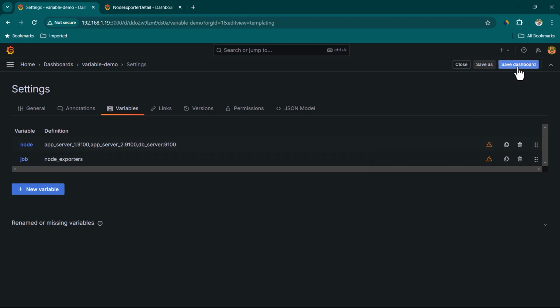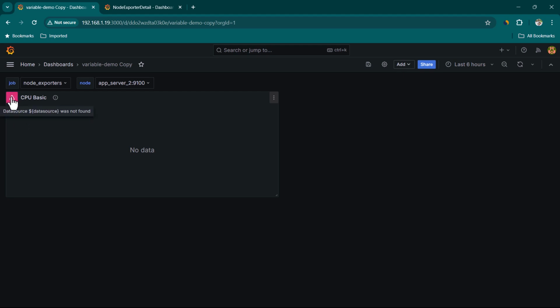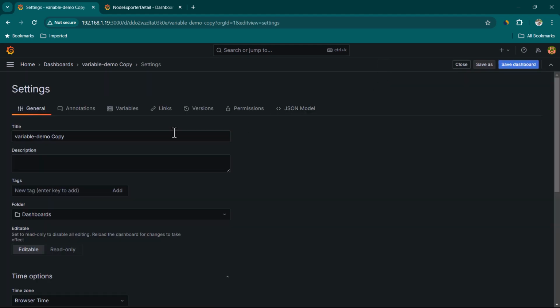Now let's go ahead, click on save dashboard, save the dashboard, and then we can close this. Now at this point also we do not see the data. The reason for that is you can see we are getting this warning here, and if you see, it is missing data source variable. It means we need to have another variable which is called data source. So let's go ahead and add one more variable,